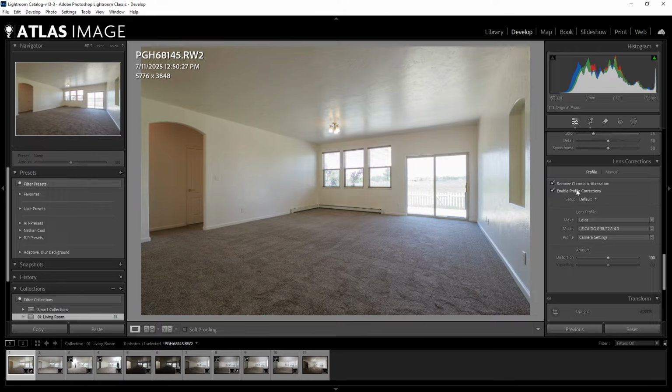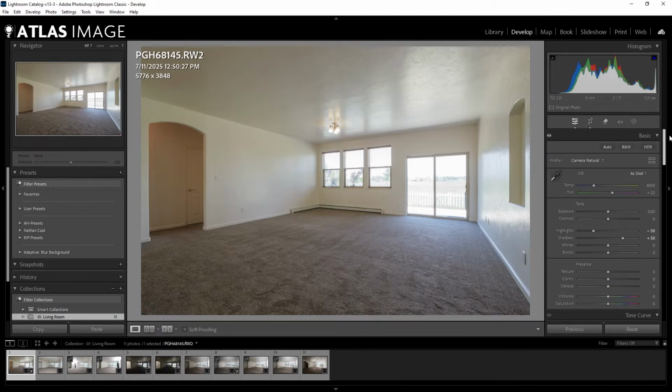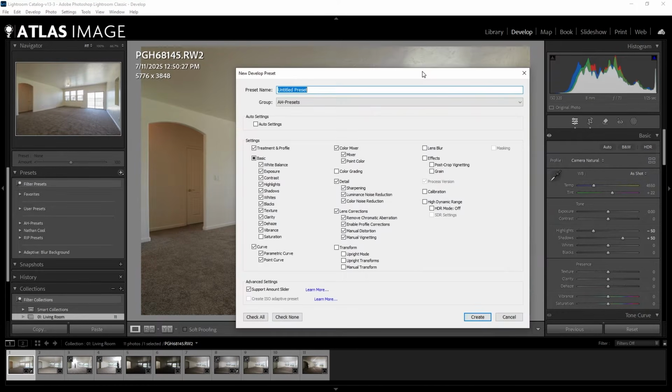Remove chromatic aberration and enable profile corrections for your lens. This is very important. And then in manual here, I like to add a 3 or a 4 to the defringe here. And that's basically our import preset. This is what we do to all of our images. So let's go ahead and build this as a preset. I'm going to go ahead and click this, create preset, and we'll start a new group. We'll just call this YouTube